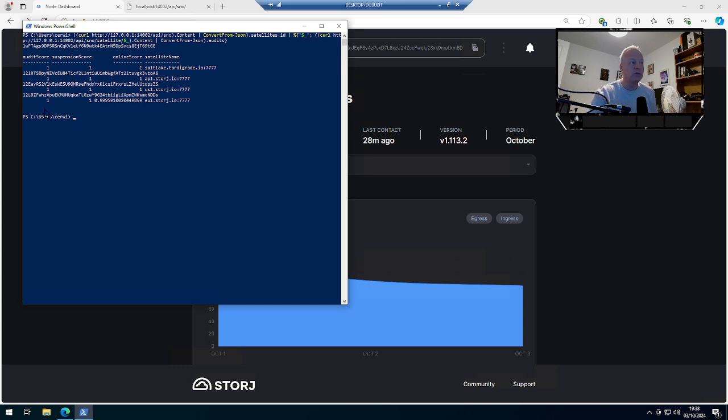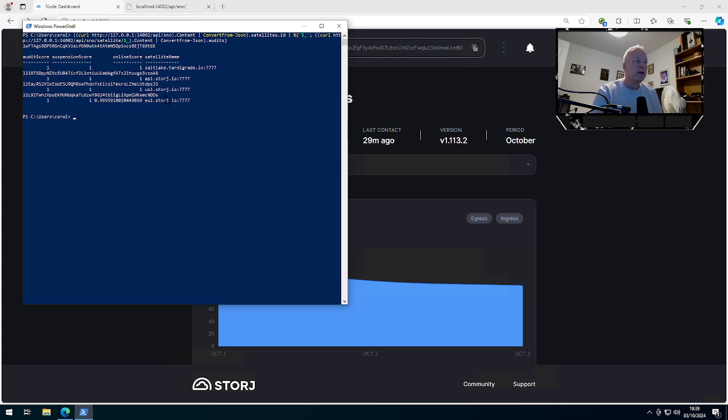That audit score has not moved at all. So you can see that those 100 audits are going to be done at very large intervals. So I'm not sure when that's going to happen, but I'll be keeping an eye on it. I'll let you know when I see a change in those scores in my updates that I give you of my node. But suspension score stays the same as well,